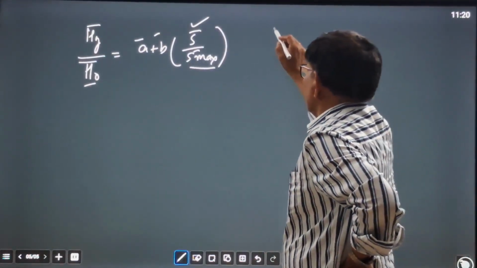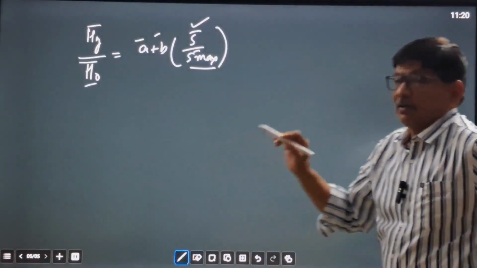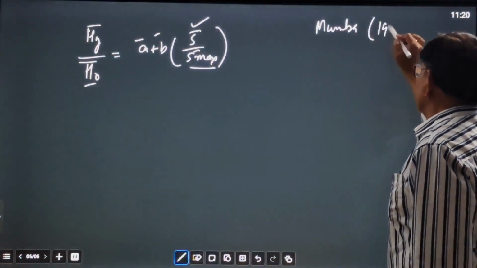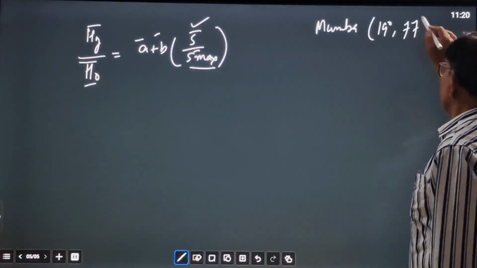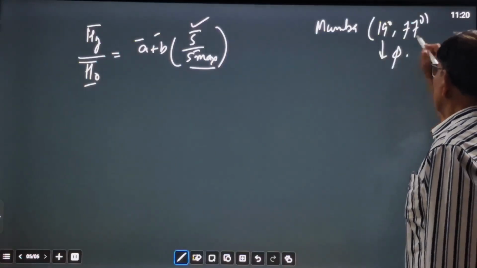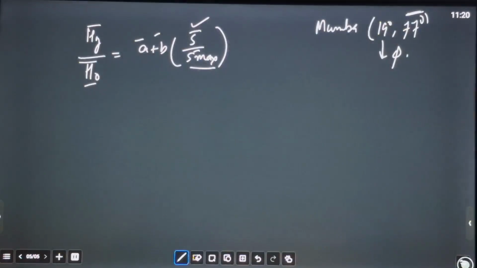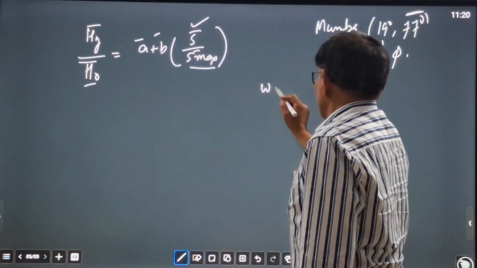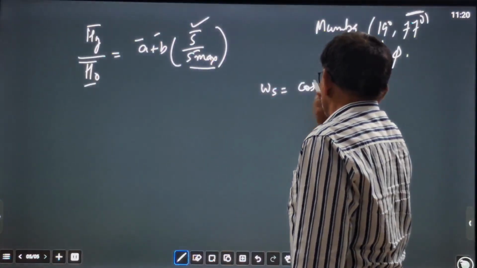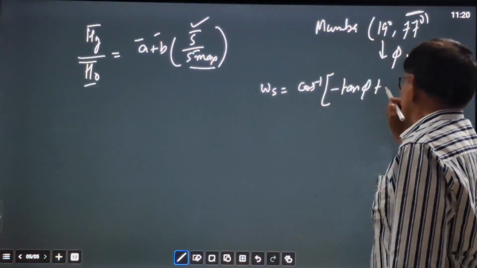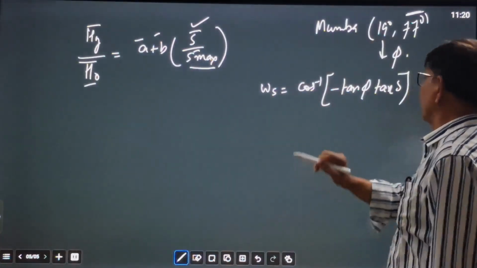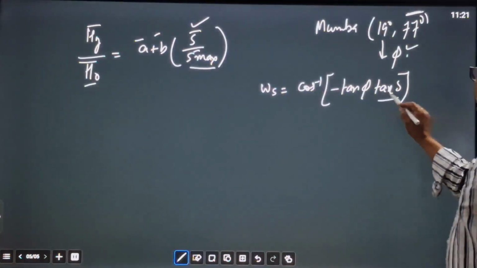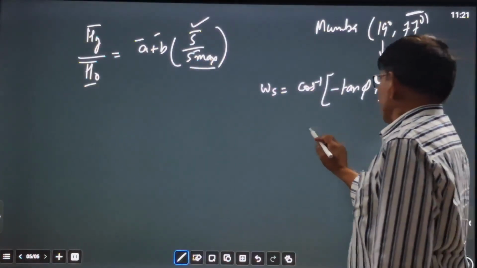First we have to go by a geographical point, for example, Mumbai. The given location is 19 degrees and 77 degrees. So this is phi, and the other is not required here, because the only thing that we need is phi. We have to find out omega s equal to cos inverse of minus tan phi tan delta. Phi we already get by using the geographical position, and tan delta we have to calculate, finding delta by using the equation